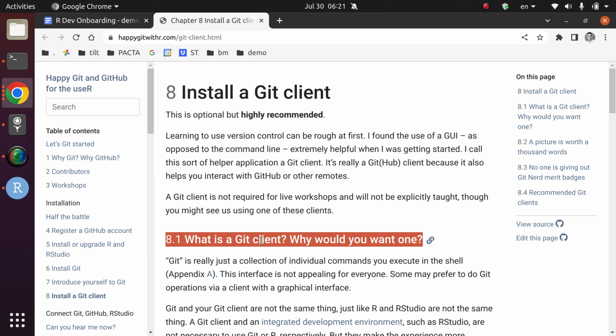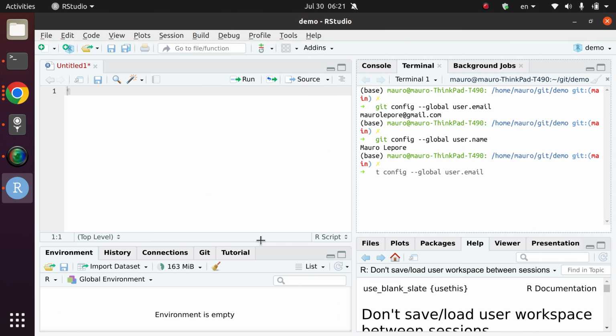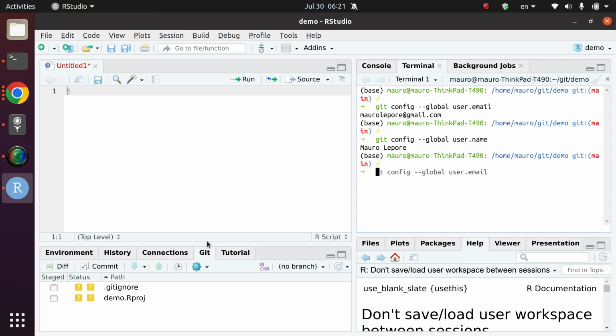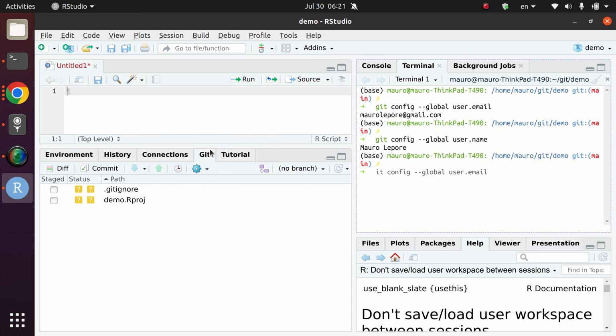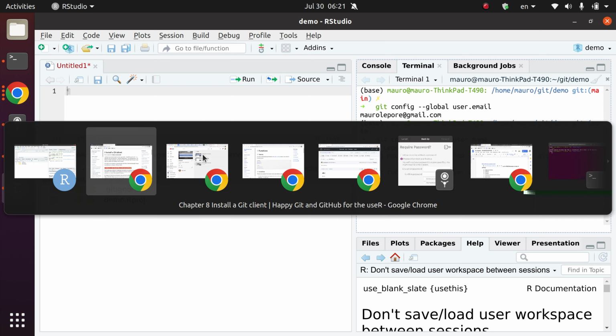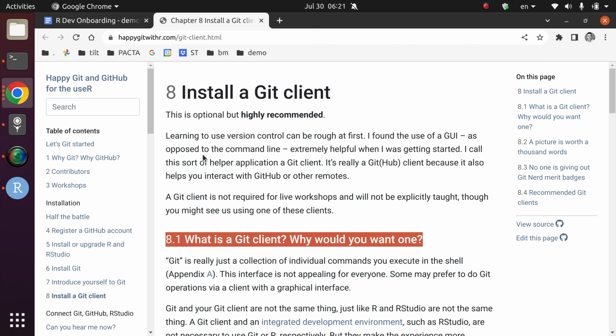Git itself is a tool that you use from the terminal. You type in commands like what I have just shown, like git and do something else. But there are other ways to interact with Git, including RStudio itself. Notice that there is a tab called Git, and it allows you to interact with Git. So you may use Git from the terminal if you are comfortable with it, or if you want to learn the terminal. I do it that way, but you don't have to. There is other software that you can use to interact with Git in a more friendly way, for example RStudio from the Git pane, and a few other tools that are pointed out here in the book by